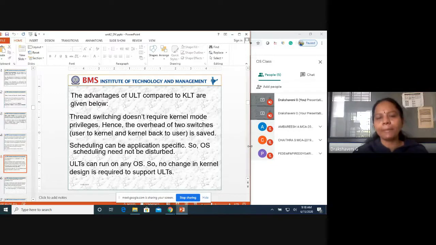Thread switching does not require kernel mode privilege. Hence, the overhead of two switches, user to kernel and kernel back to user, is saved. Scheduling can be application specific, so the operating system scheduling is not disturbed. ULT can run on any OS.